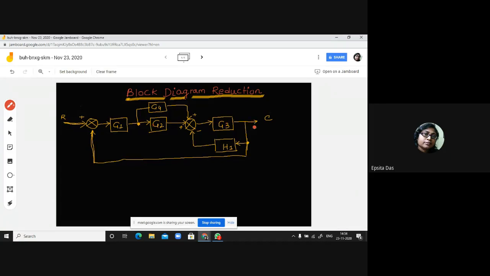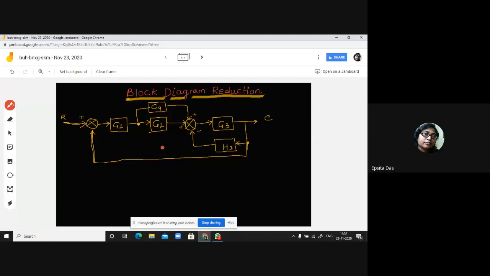Okay. Any other feed forward path present in this diagram? Then G1, G4, G3. Yes. So another feed forward path is the signal from R, then coming to G1, then it is branching and it is coming in parallel with G2, that is through G4, and then it is going towards the output C. So this is also the second feed forward path. So in this block diagram, there are two feed forward paths.